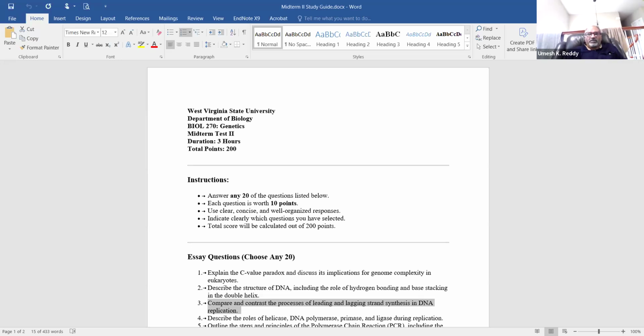Okay, the third question is about DNA replication. The leading strand and the lagging strand are 2 different strands because, as we just discussed, one strand goes 5' to 3' and the opposite strand goes 3' to 5'. This template difference causes a lot of variation. On the one that goes 3' to 5', a single primer can be added in the beginning.